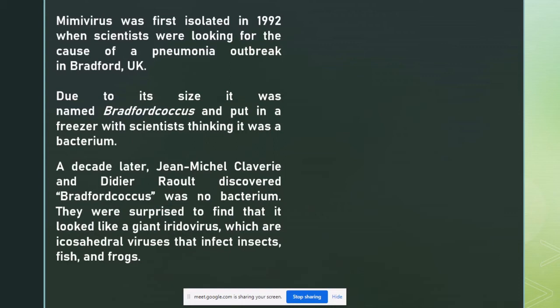To their surprise, they wanted to isolate its cell wall, but they could not get any cell wall as such. So they studied it in more detail, and to their surprise, what they found was it was nothing but a virus. Under the electron microscope, they could see icosahedral virus particles. This virus was able to infect insects, fish, and frogs, meaning animals. Later, the same type of virus, called Mama virus, was reported in 2008.